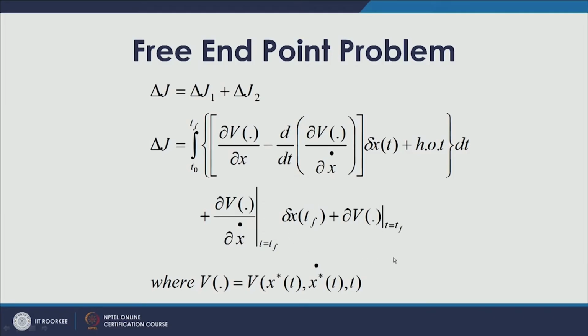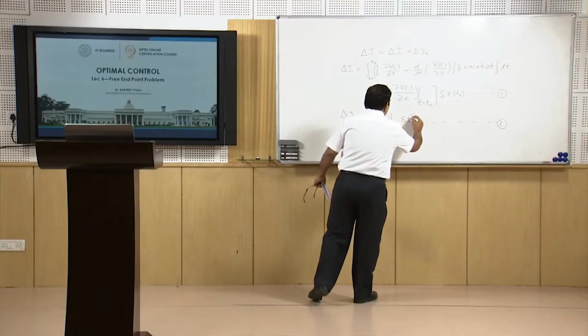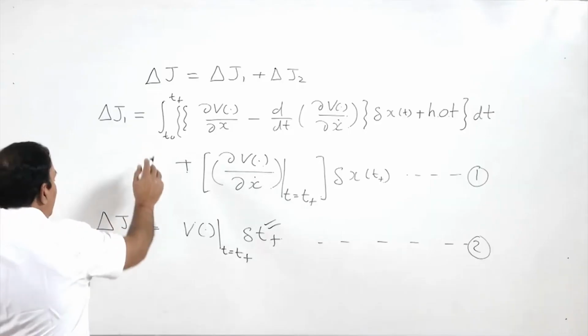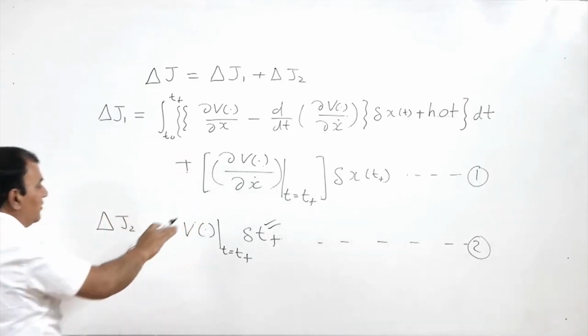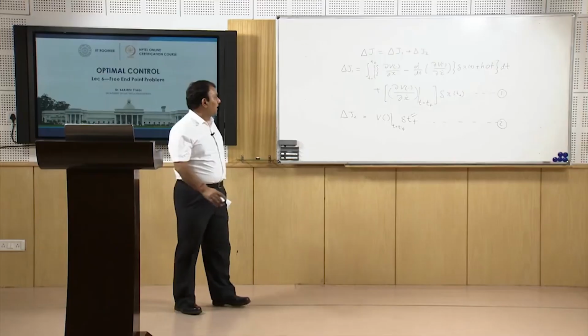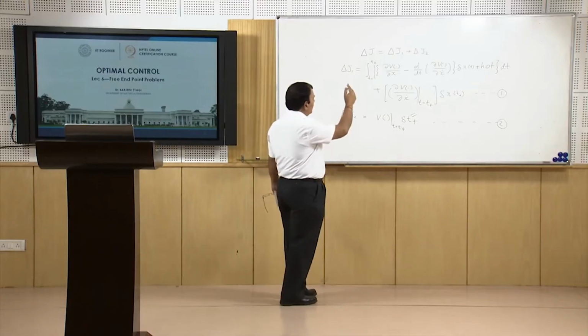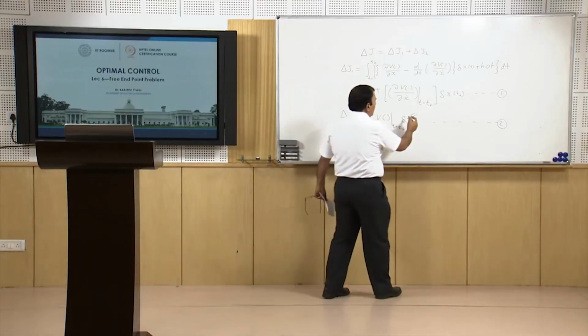x at Tf and another is the variation at delta Tf. At this point delta Tf is missing, like in this slide we are missing the delta Tf here. So, this is multiplied with delta Tf. So, this is my delta J1, this is my delta J2, summation of this will give me the delta J value. In this delta J value, now we have to